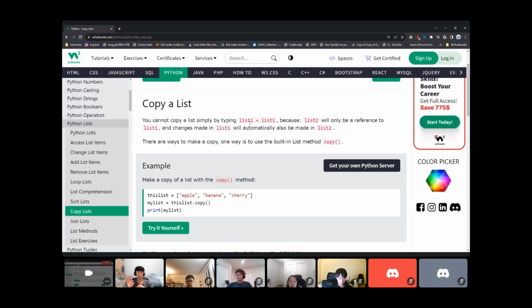So basically what you can do is run to the printer, get the piece of paper which is your friend's homework, put it in the printer and just copy it, right? And you get two pieces of paper, which is yours and your friend's. That's what the copy method does. Instead of both of you using one homework and looking dumb, it's going to make a copy of the list